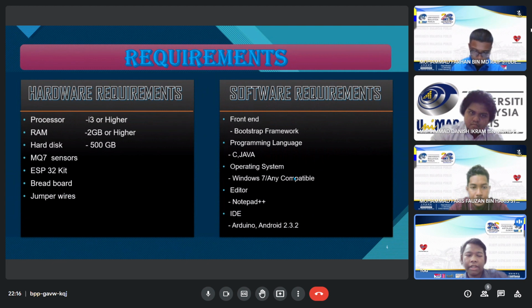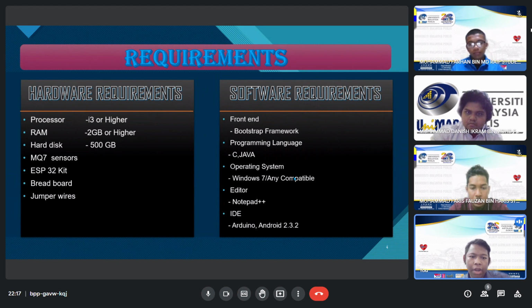Next are the requirements needed to make this project. Examples of hardware requirements include a processor which is i3 or higher, RAM of 2 gig or higher, a hard disk of 500 gig, an MQ7 sensor, an ESP32 kit, a breadboard and jumper wires.